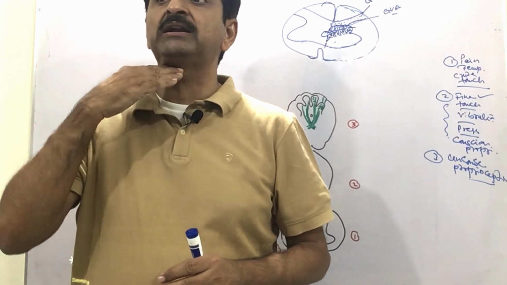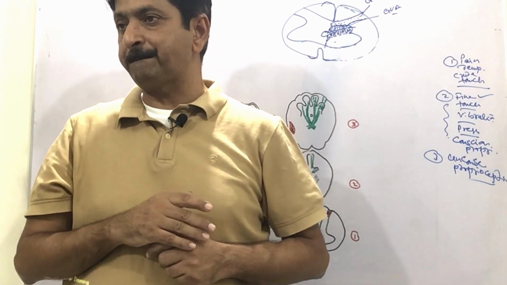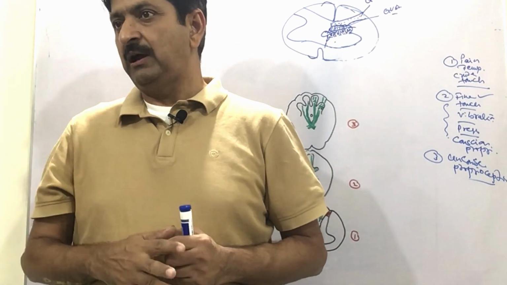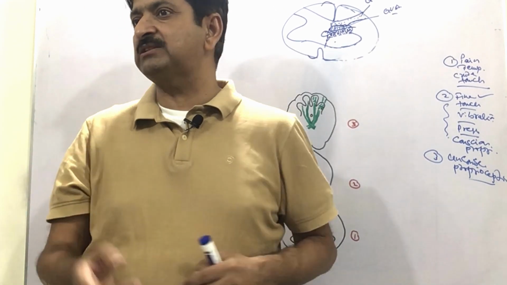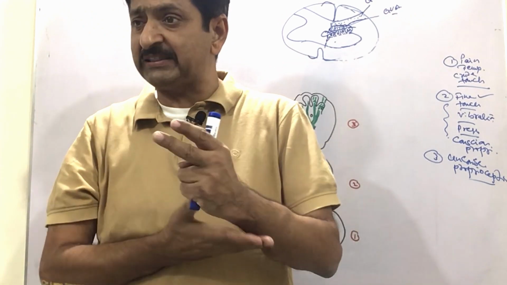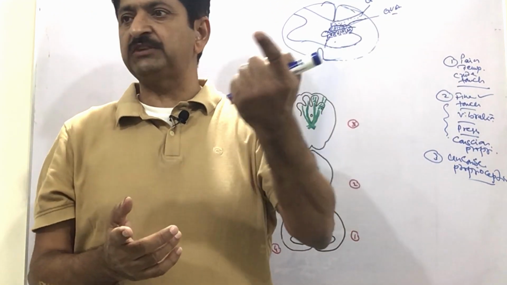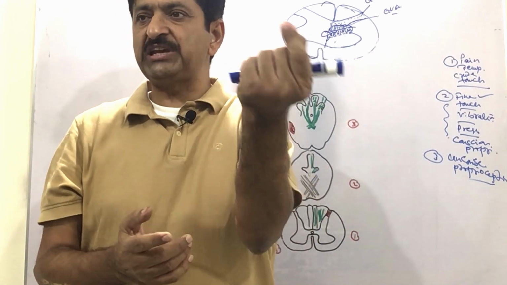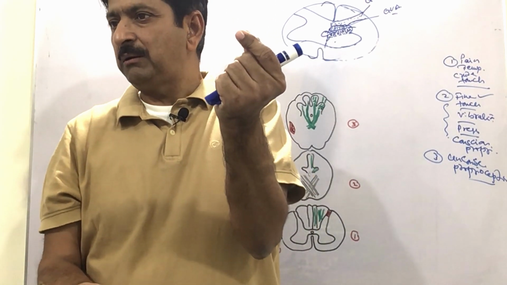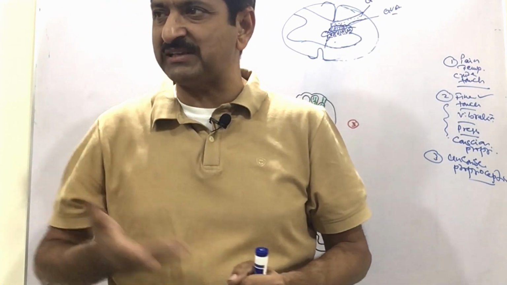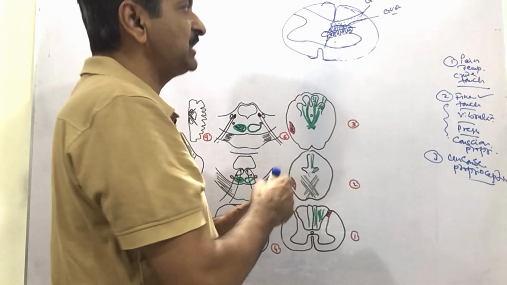You start at C1, it is not present, you say it is not present here. C2, C3, C4, again it appears, you say from here it starts. And again you go down, it disappears. So you say after L2, after L3 up to here it is present, but below that it is not present. Means it is present from, for example, C8 and finishes at L3. Above that it is not present, below that it is not present. It is only possible when you are cutting the sections in a series. So this is something that they are calling here.